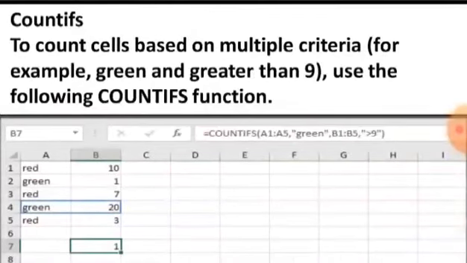Now I will explain the COUNTIFS function. The COUNTIFS function is used to count cells based on multiple criteria. For example, green and greater than 9.